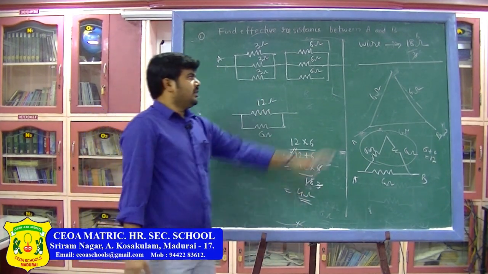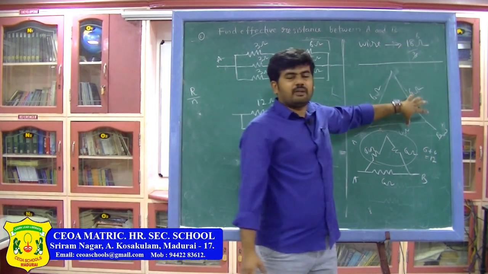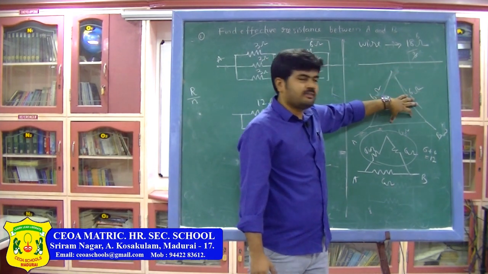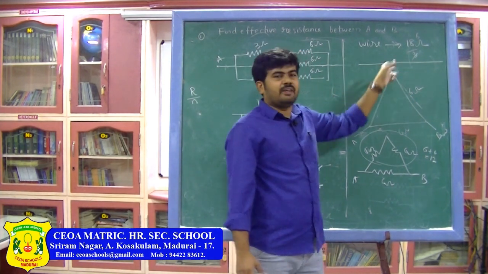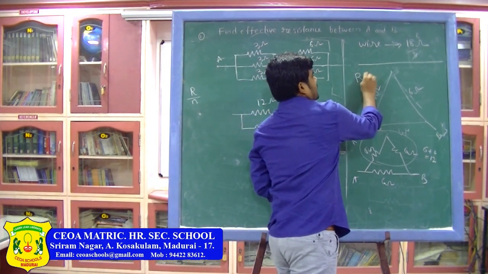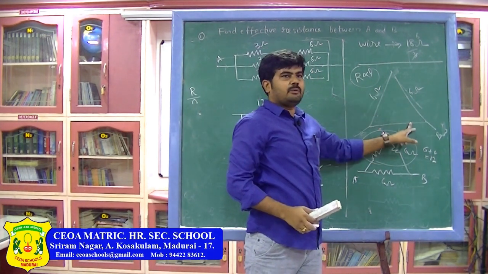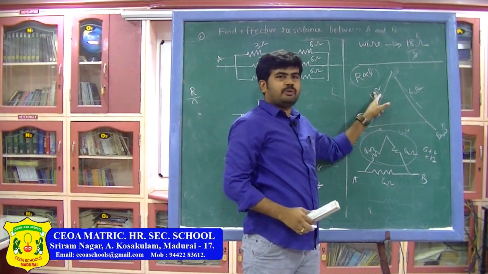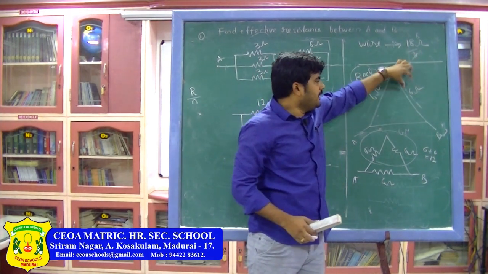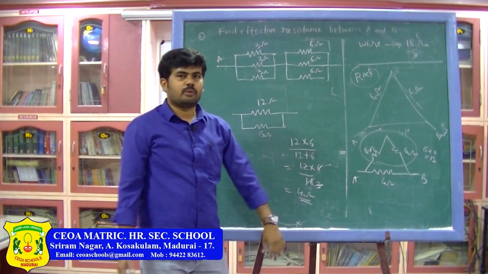So here a wire which is having 18 ohm resistance is bent in the form of an equilateral triangle. So each side will have a resistance of 6 ohm because resistance is directly proportional to length. So we know R is directly proportional to L. So 18 ohm resistance is bent in the form of an equilateral triangle, means all sides must be of equal resistance value. 18 by 3, 6, so that each side resistance is 6 ohm. That is how you can do this kind of problem.